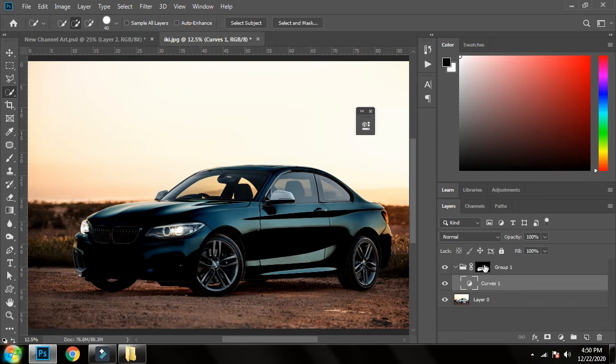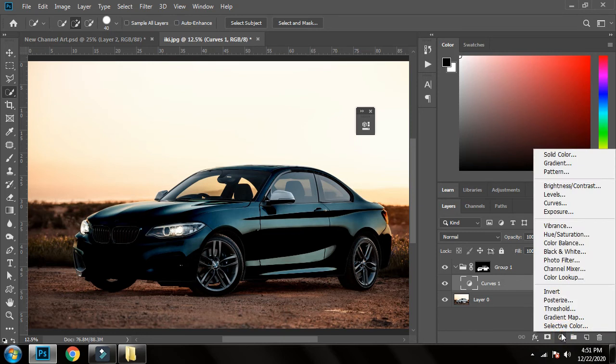Because I only got the selection in the mask, it was alongside the curves, and whenever I would apply a new layer, I would need to copy that mask again and again. So for that, I created a group and I applied the mask to the group. So now I will add any adjustment layer here, and the adjustment layer will be added to the mask directly. So now I will apply adjustment layers according to my image.